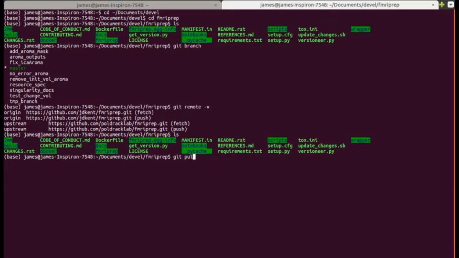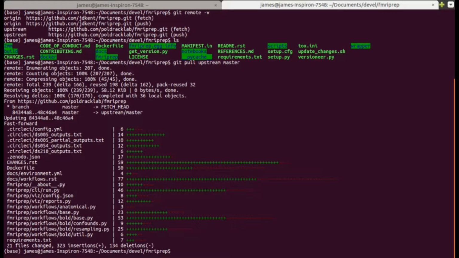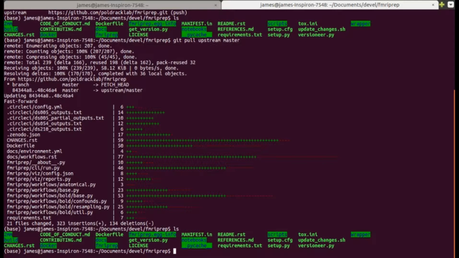To make sure that I'm staying up to date, I'm going to pull upstream master. So I'm going to pull from the master branch from the original repository. Boom. Alright, so now I'm up to date. So now I can make my own branch. I want to call this one